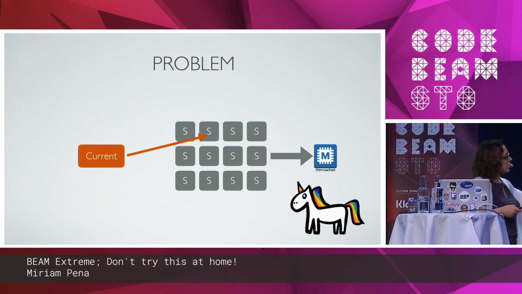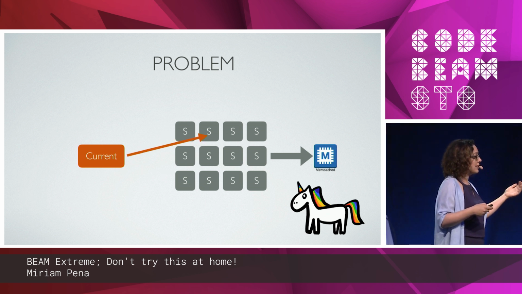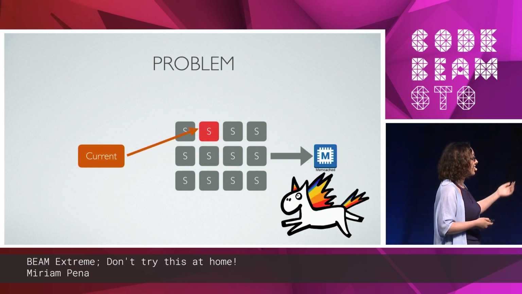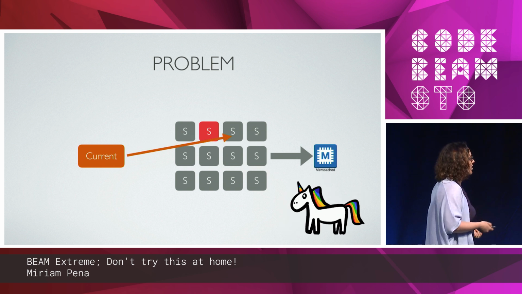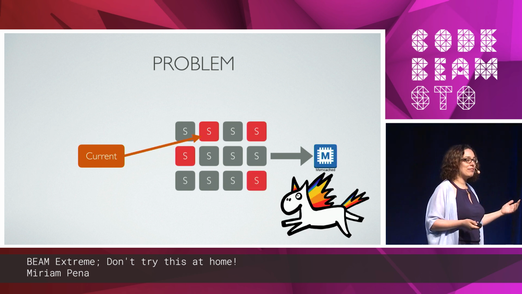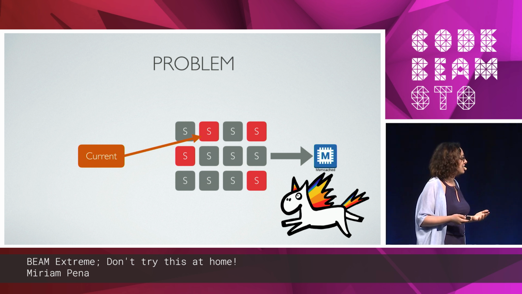So the first request will get the first socket. The second request will get the second socket. And maybe there is a problem with this socket, so it gets corrupted. But the next request will get a new one, and so on. And after a while, a bunch of your sockets are in a damaged state.